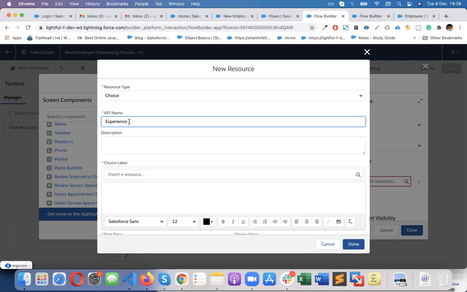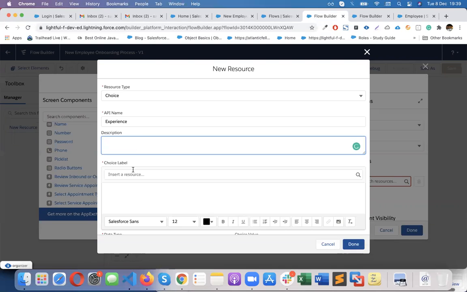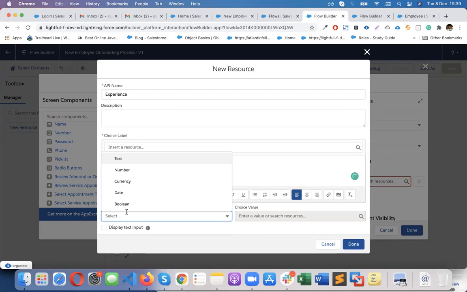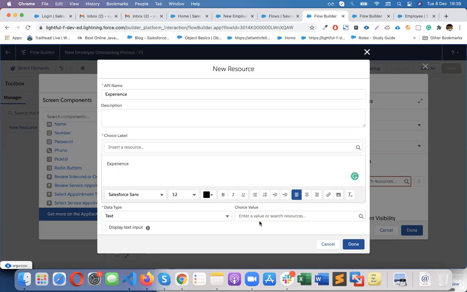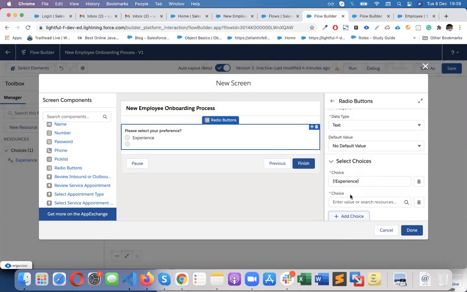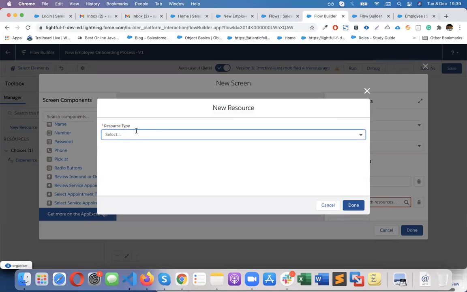Experience. Okay, and the data type is text. Choice value, no need. Okay, add one more choice. So new resource,